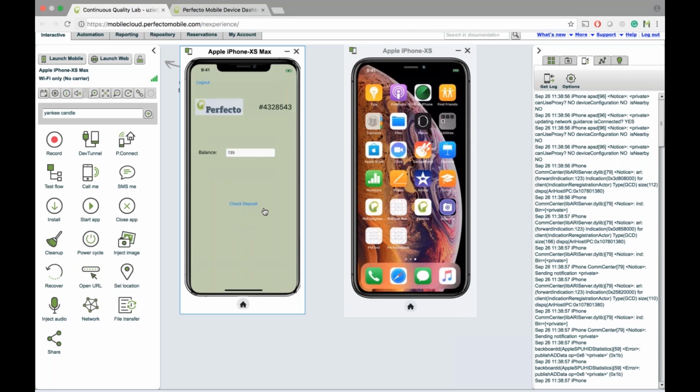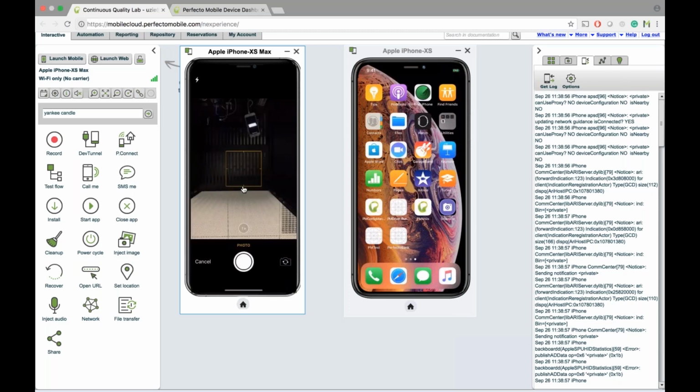And then I'm logged in, and I would like to explain what the test case is. What you can see here, I'm getting the balance, and this is a random number. This is my account number, and then I would like to do the check deposit. The check deposit is actually going to open the camera, and then I would like to take a screenshot. By the way, this is the Perfecto Mobile Data Center. This is what actually happened. This device is actually located in a cage in the cabinet. So let's talk a little bit about the check deposit